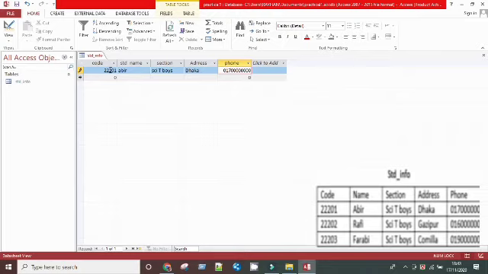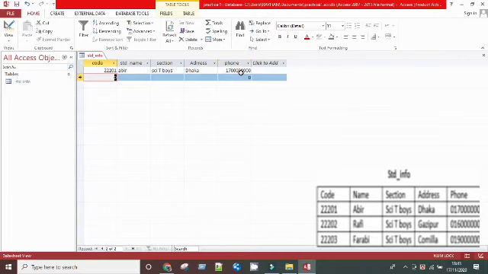Next, I create the second record. Code number 2202, and student name is Rafi, section is Science T Boys, and his address is Gazipur, and phone number is 017 016 000. This is another record.